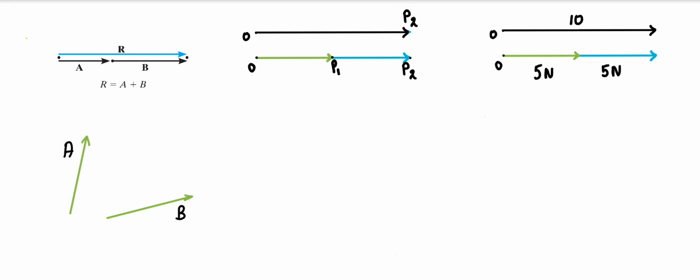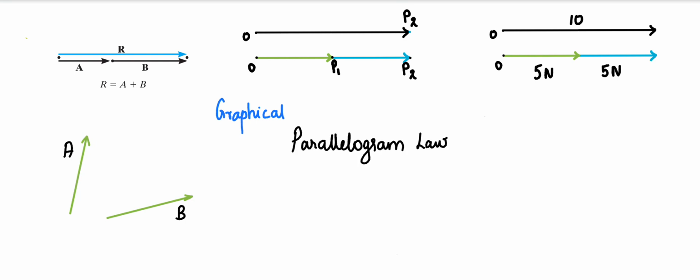You can see the next case here where our two forces are not collinear. They act along two different arbitrary directions. But we know the direction along which this A vector and B vector act. So how to find the resultant of these two vectors, A plus B? There are two theorems that explain how to find the resultant of these two vectors. First, I would like to explain the graphical way of solving this problem.